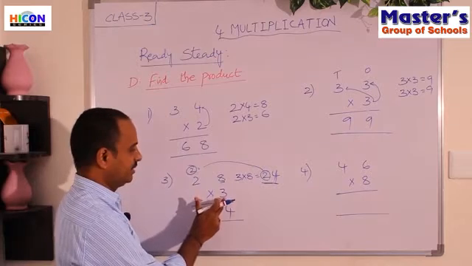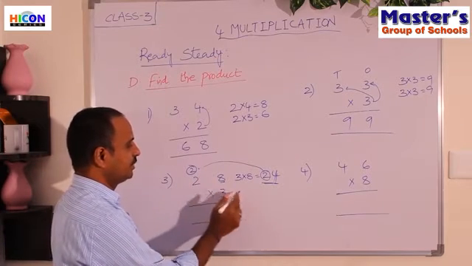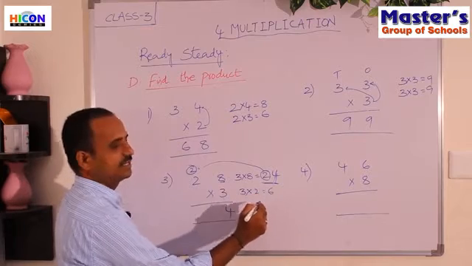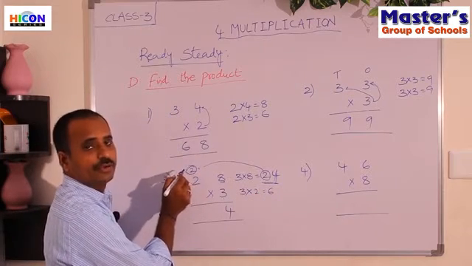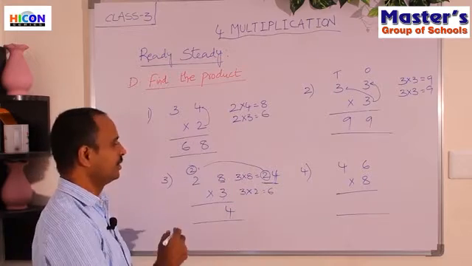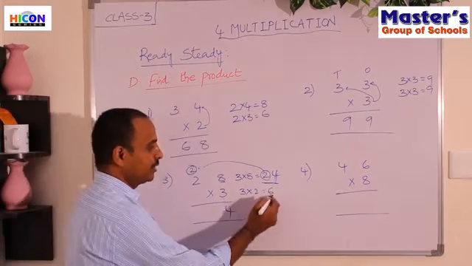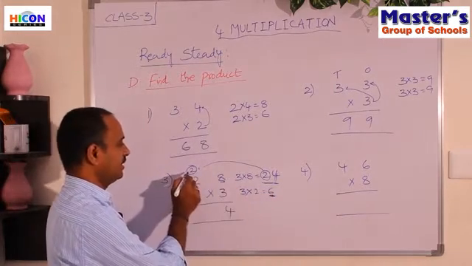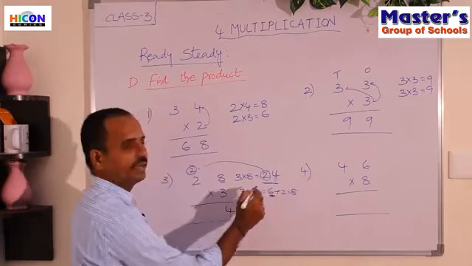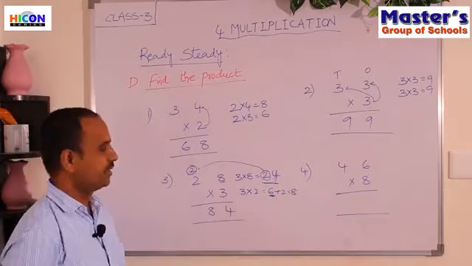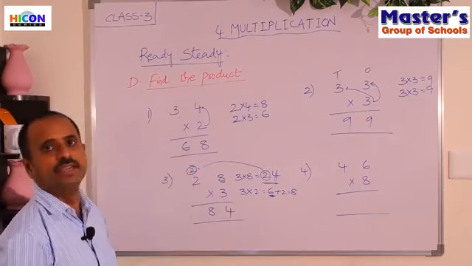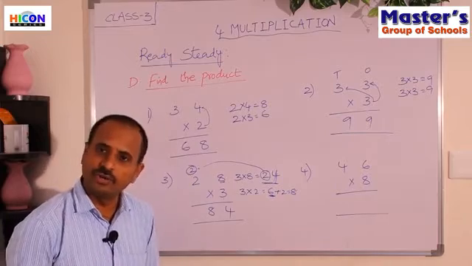Now multiply the number 3 with tens place. 3 2s are 6. Children, 3 2s how much? 6. And there is the number carried, 2. So add the number which is carried to the multiplication. Here the product is 6 and there is a carried number 2. Add that number carried: 6 plus 2 is 8. So write 8 here. So children, did you understand?